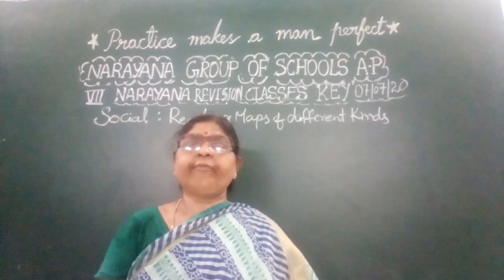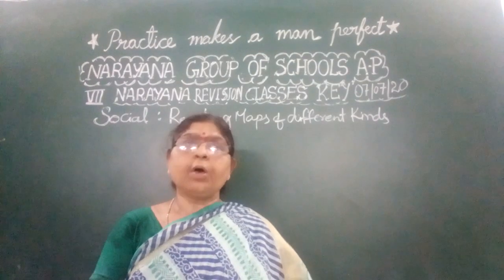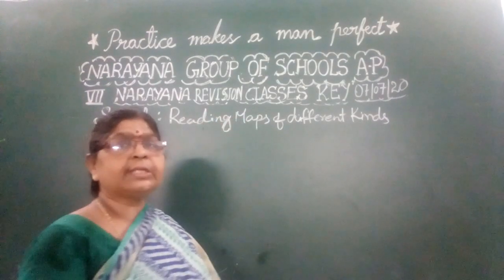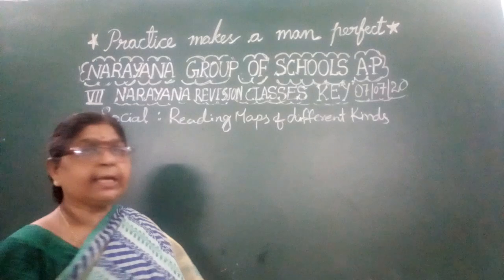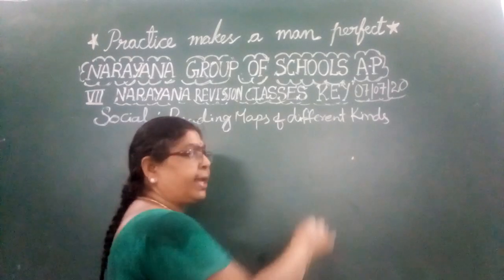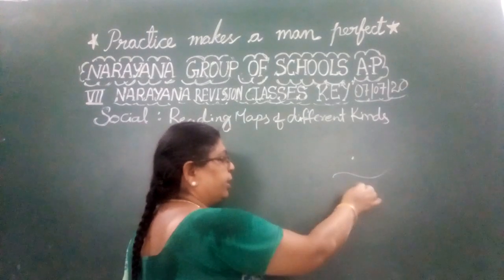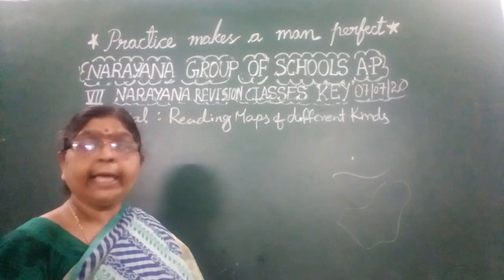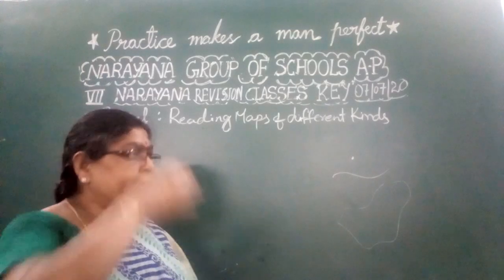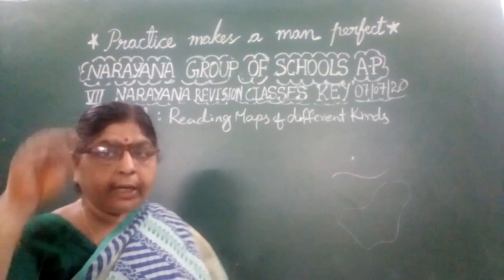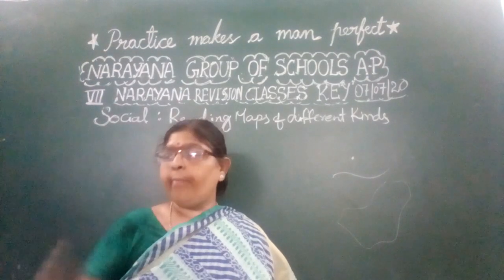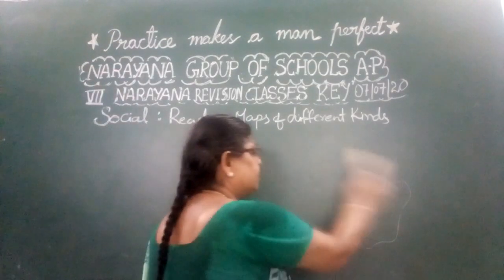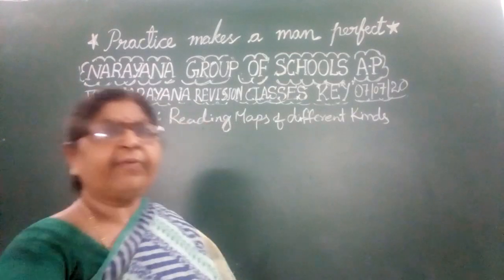Based upon that, the first assignment has been given to you. So you know very well, in a map usually they use different symbols. What are the symbols that we use? We use a point symbol, we use a line symbol, we use a demarcating area, that is, the area symbol. Like this, different symbols are used to denote different objects in the map. So based upon that, the questions are given to you. Please answer these questions. Children, very easy for you.